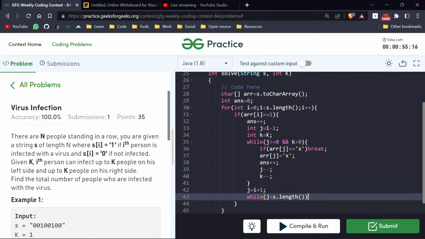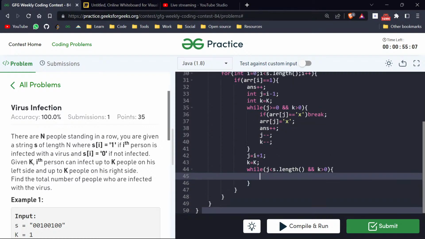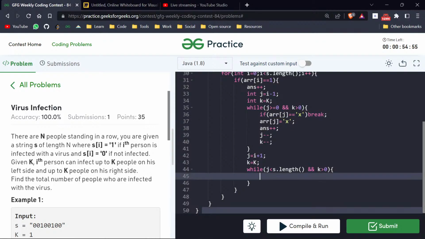So j should be less than s dot length. And I will also again initialize this k. So k should also be greater than 0. So now that means we have to just copy this thing instead of this line. So that is the only case when we are checking for left cases and not right cases. Okay. So we have to now